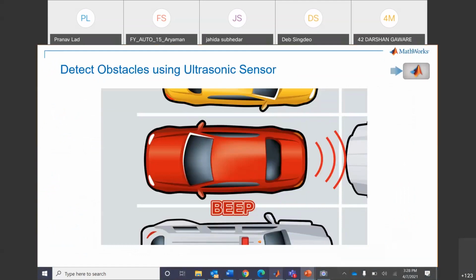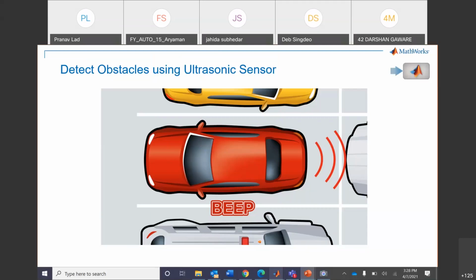This is something you must all have come across in the cars we use nowadays. If you are moving the car in the reverse direction, we know there are sensors fitted inside the car which will give you an alarm if there is any object behind your car.